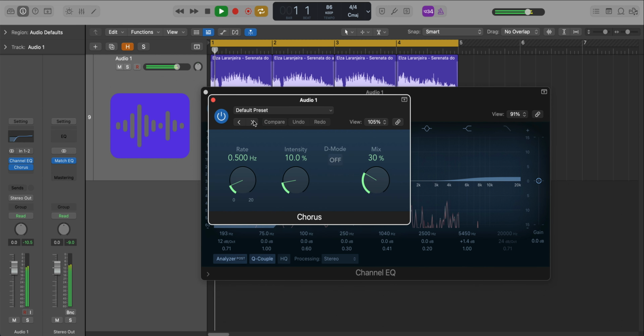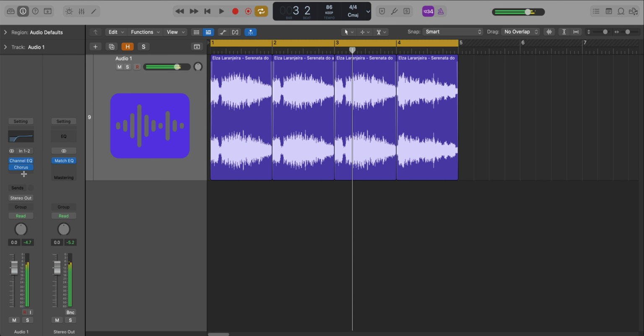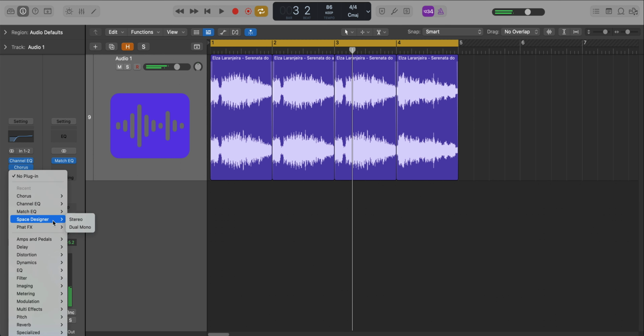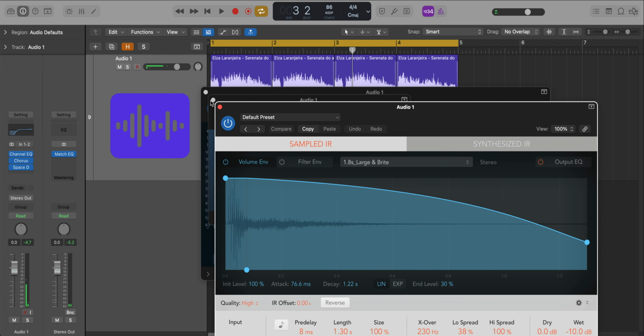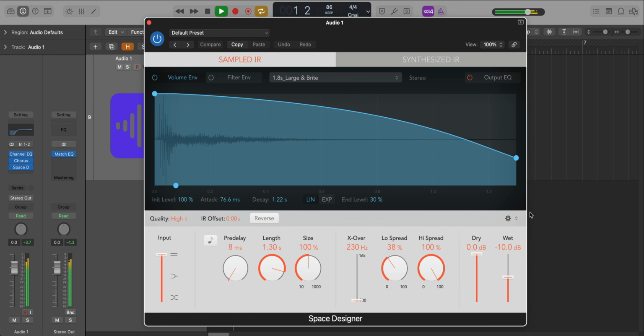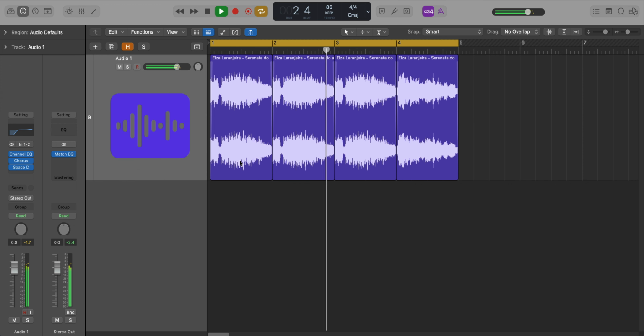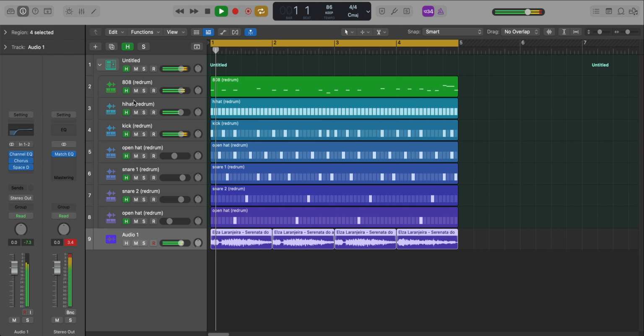And we'll go over to a preset to make it nice and wide, just to soften it up. And we'll bring in some reverb just to add in some space to the sample. And then if we bring in the drums,